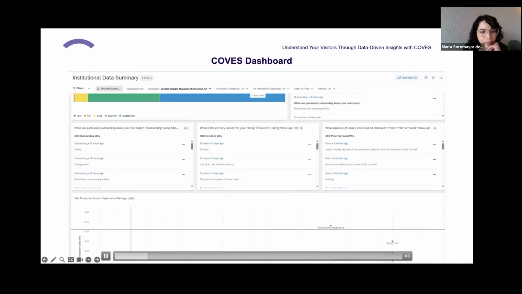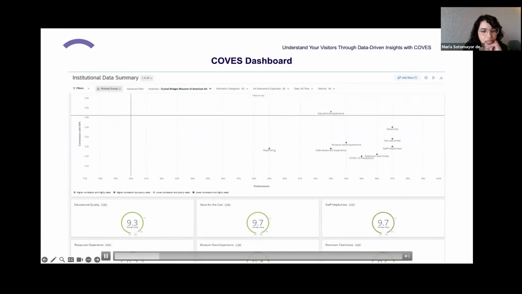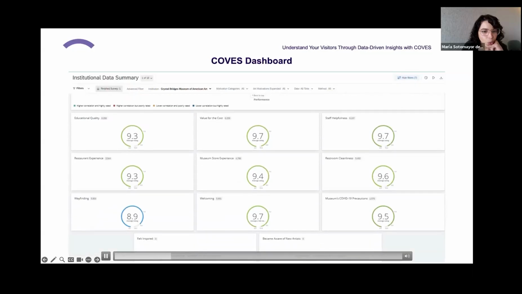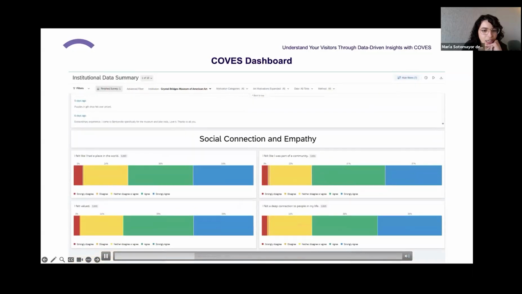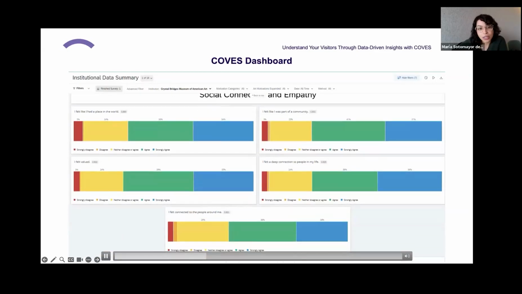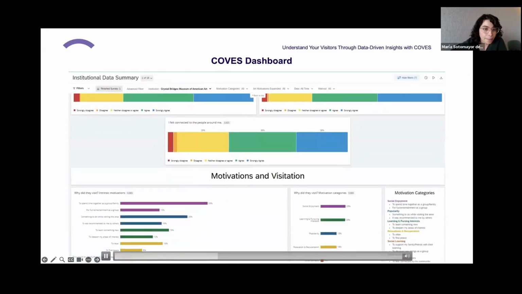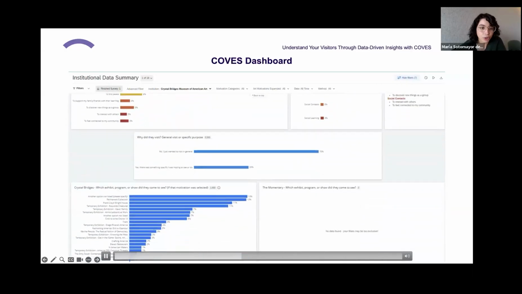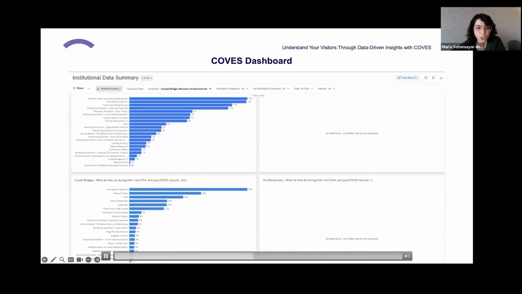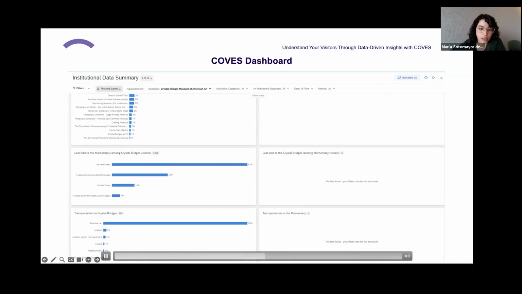Okay, so we're starting out with some experience ratings. Diving into some more specifics on visitor experience, social connection and empathy ratings, so how people felt during their visit. Really important part here, motivations and visitor trends.